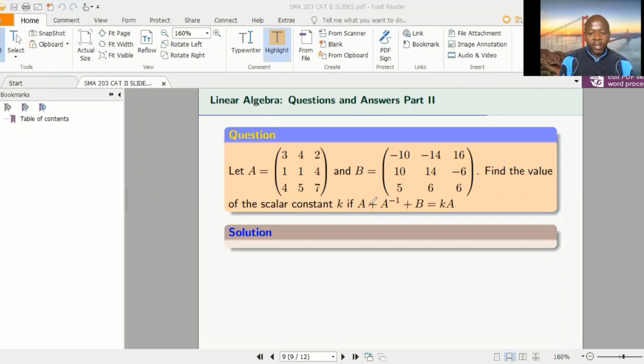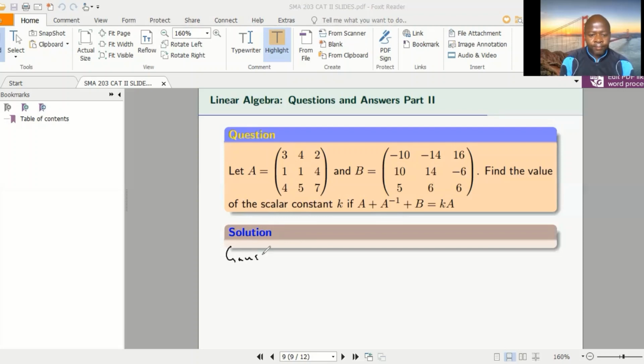If matrix A plus the inverse of A plus B would give you kA. So the only thing to determine here is just A inverse. The rest are very simple. Just add the matrices, which is very simple. So the only thing we're supposed to do is get the inverse. I told you I want to find the inverse of A using